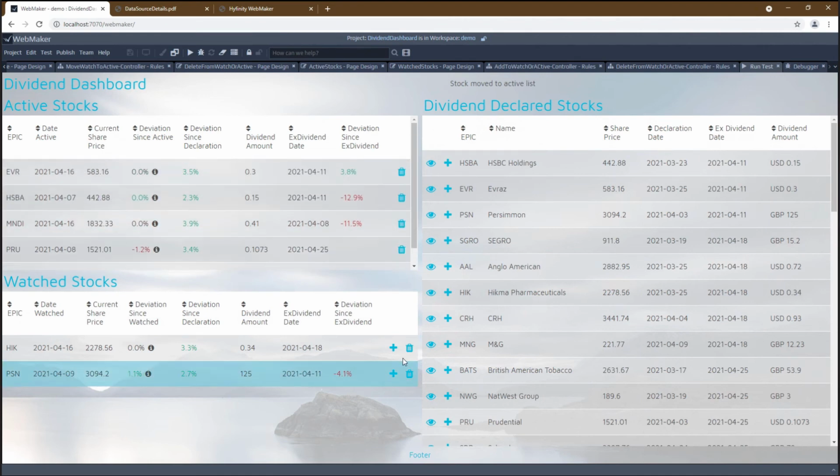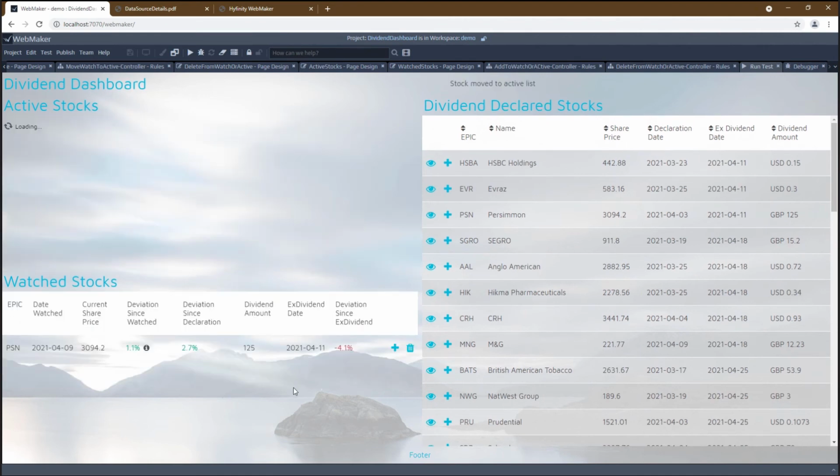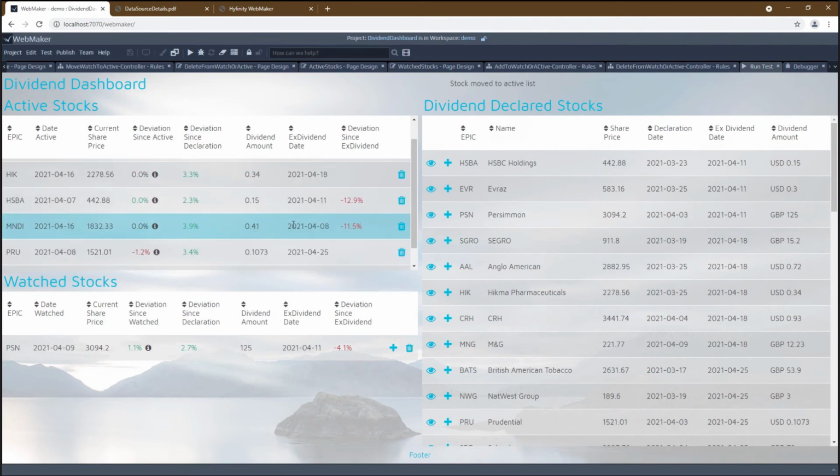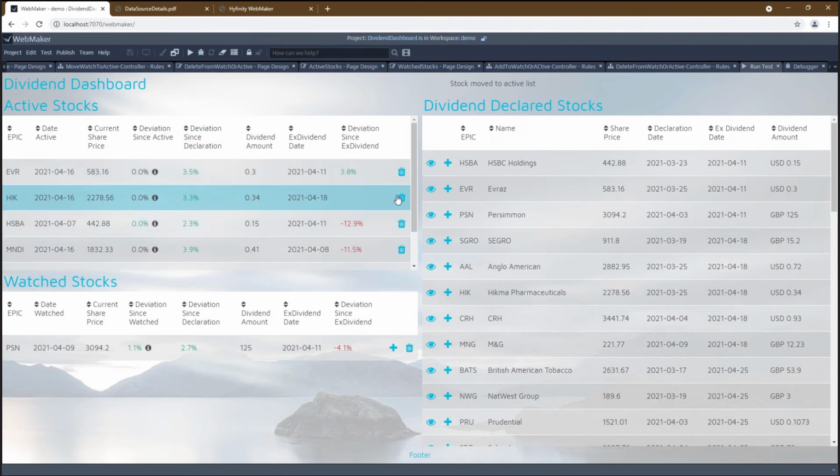So that looks like it's working nicely. So we now have the functionality working in terms of manipulating our lists and moving stocks from one to the other, etc., and seeing all of our deviations, our percentages,